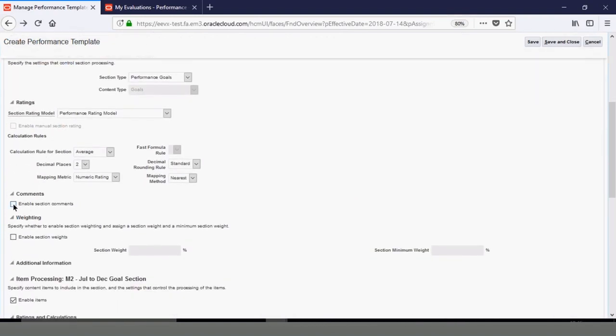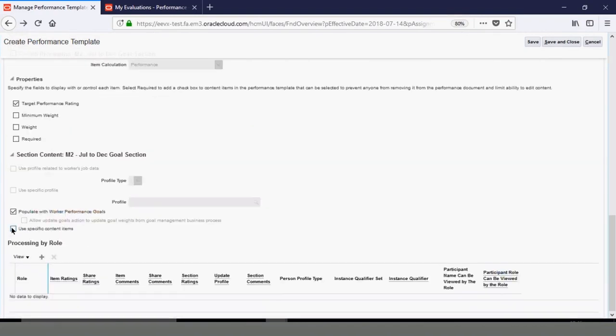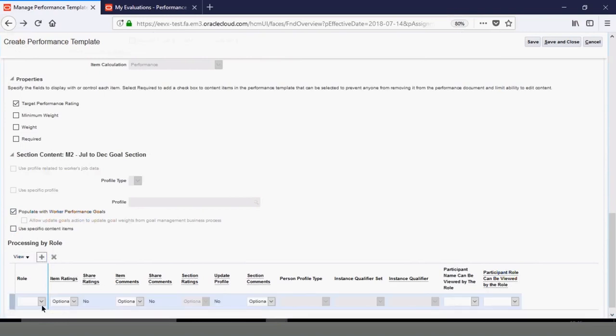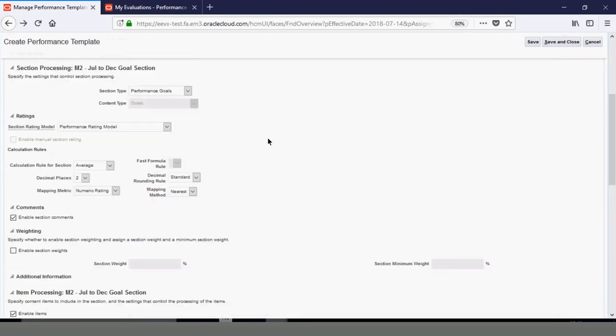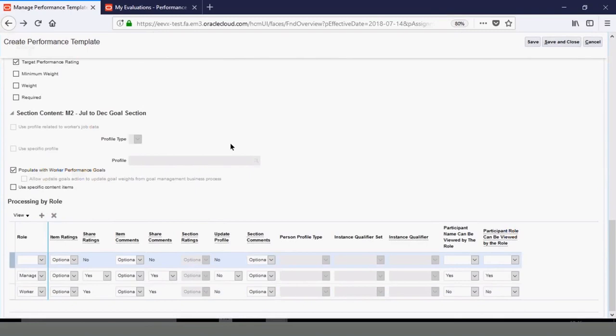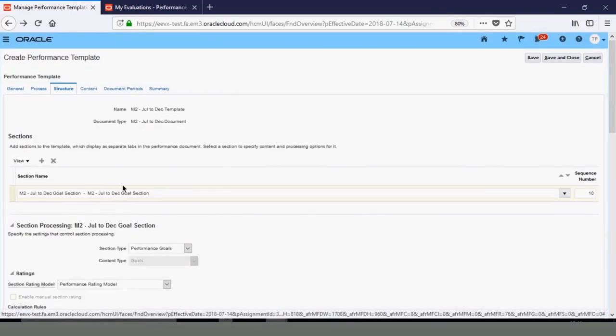Okay, performance rating module, enable section comments, enable section weights, enable items, target performance rating. Okay, so I will give worker, I will give manager. Yes, I'll also include, this is set goals, right? Performance section, I don't need a... okay, so then I add